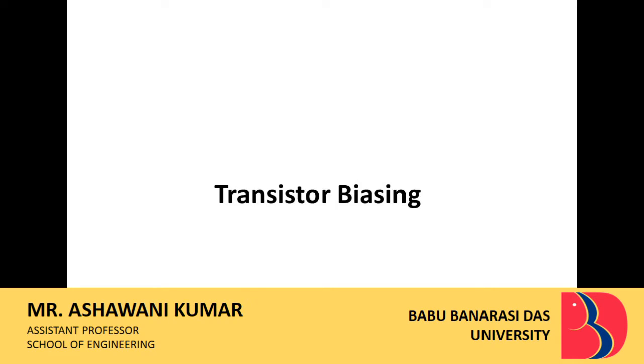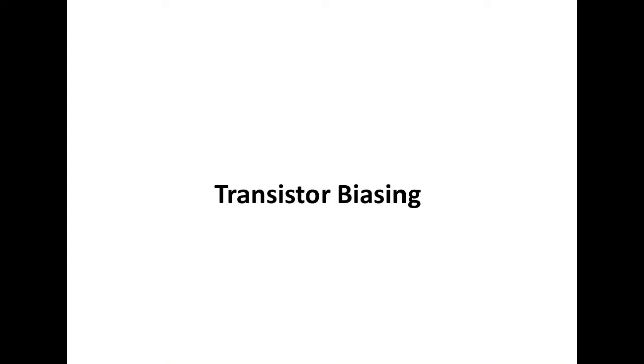In this session, we are going to discuss transistor biasing. We will study why a transistor is required to be given proper biasing. We will be studying three types of biasing: fixed biasing, emitter biasing and voltage divider biasing. We will also compare these three biasing types and discuss the advantages and disadvantages of the different biasing.